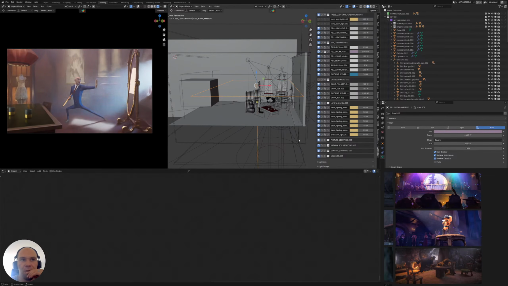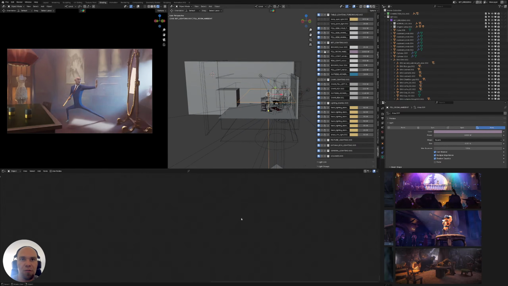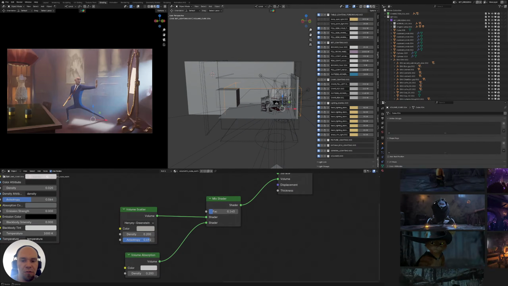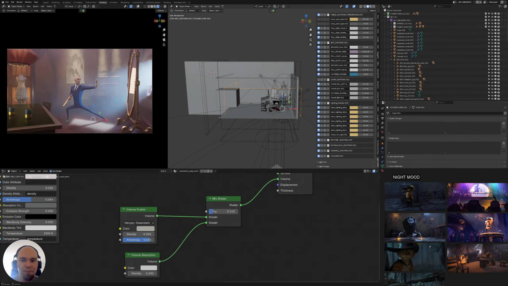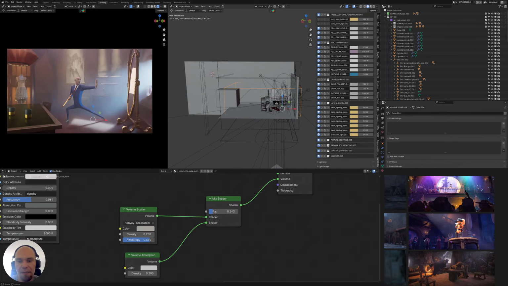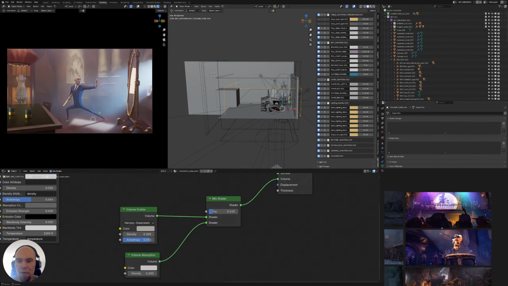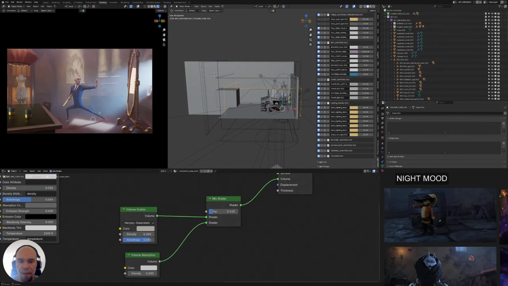Could be both, actually. But for me in that case, it's looking a bit too lit. So these scenes are nice, but they are more playful in that way,